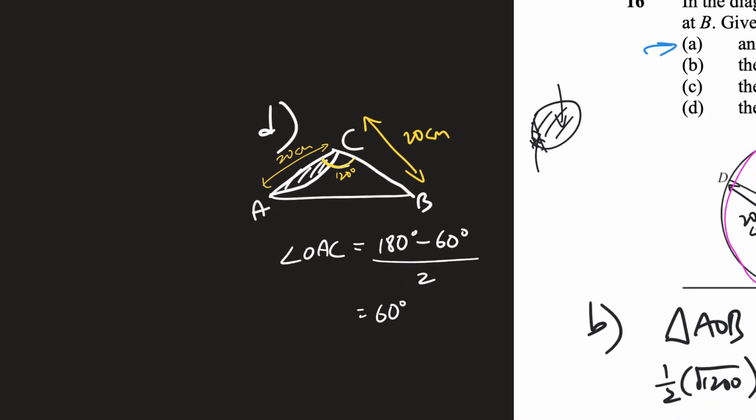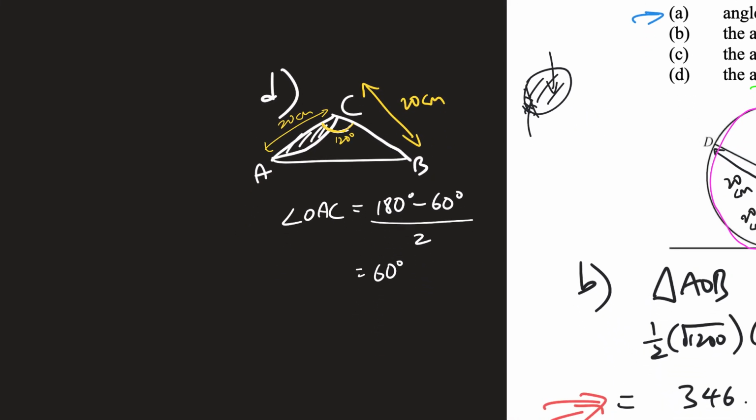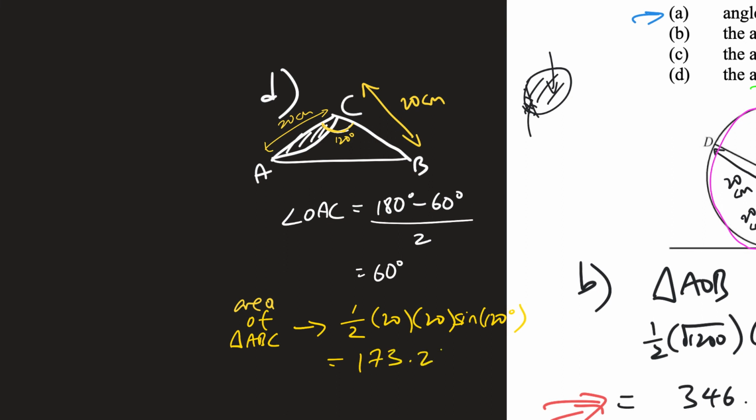And you can see where I'm going. I can find the area of the triangle, therefore, area of triangle ABC is therefore half times a times b times sine C. And that gives me 173.21 cm square. This is my 5SF answer,